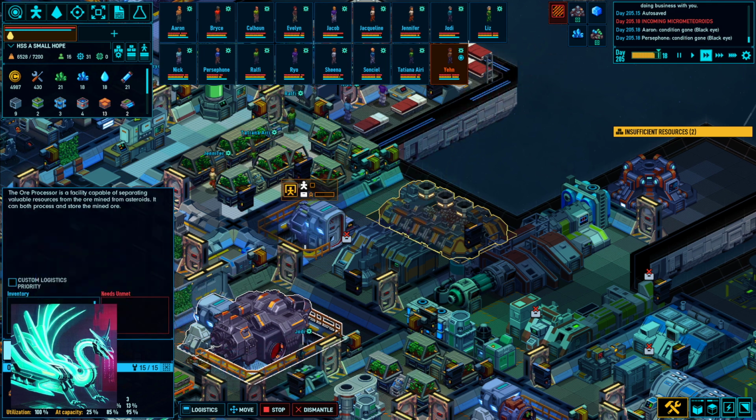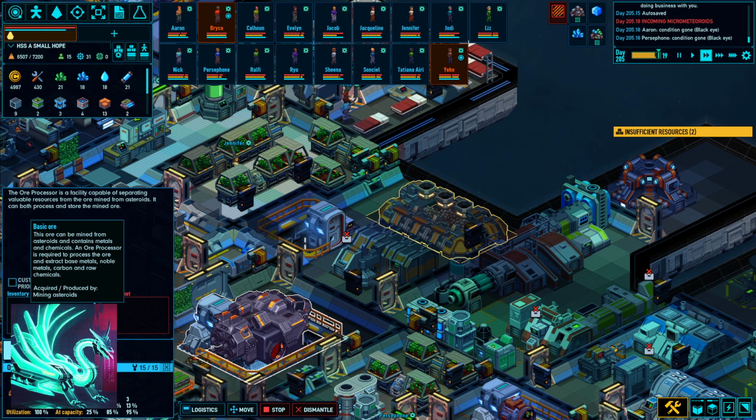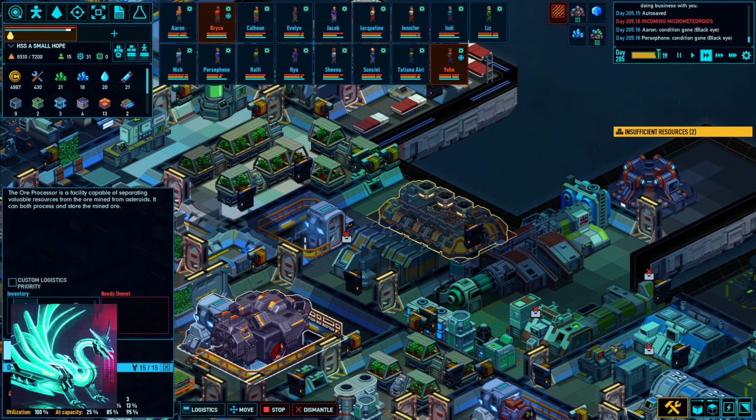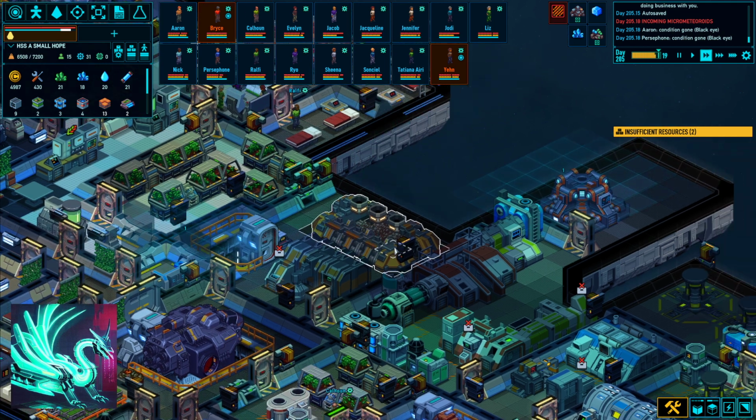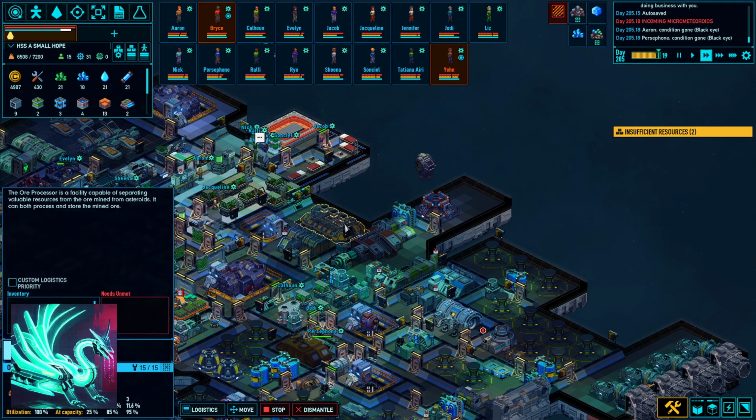This ore processor has a ton of ore in it. I wonder if we need another processor. Look at all that. I think it processes very slowly. I think we might want to have another one. The crew doesn't work on it. It kind of just does its own thing, so...